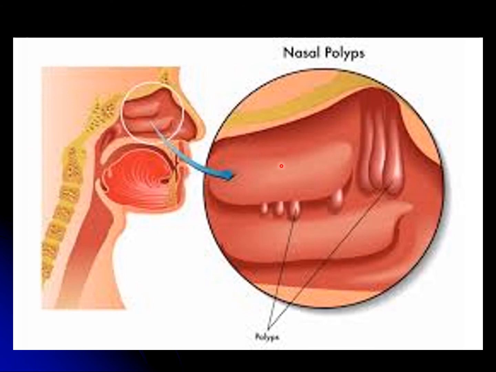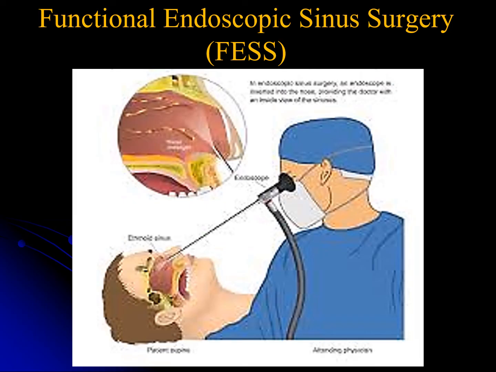So this is a schematic diagram which is showing nasal polyps. Nasal polyps can appear in any part of the nose or the lateral wall, but you can see these are the polyps. They can come over the meatus. These are the concha and these are the meatus. So they can take the path of the meatus and block the secretions. So it is really difficult for draining and the sinusitis is continuous. So most of the patients with sinusitis, if they have polyps, they have to remove them.